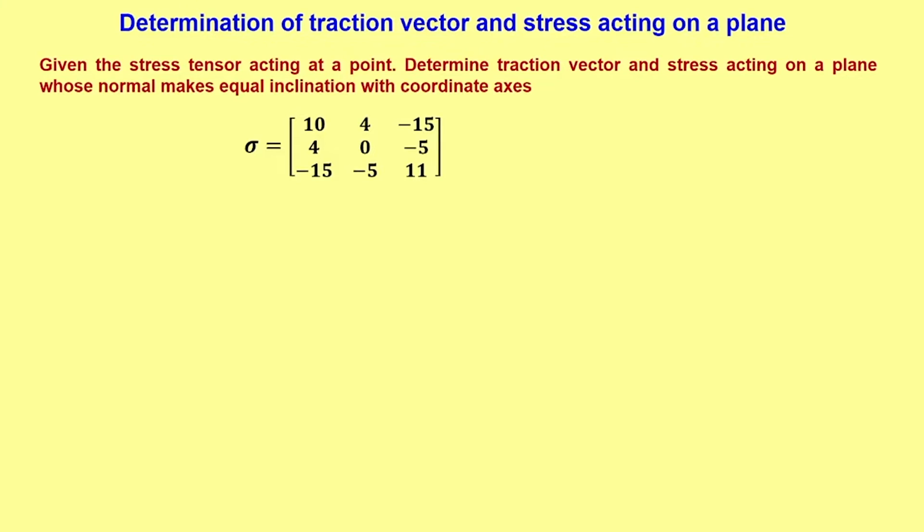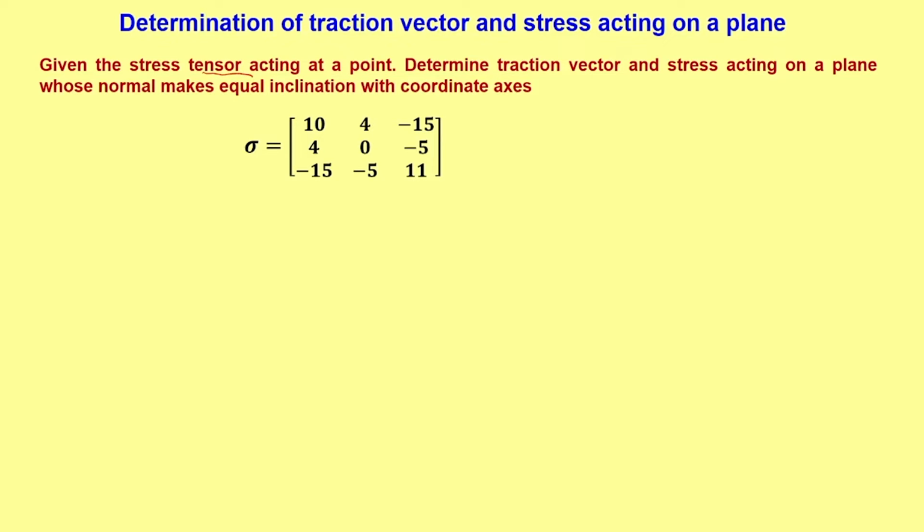In the last lecture, we discussed stress acting on a plane. We will see a simple example to demonstrate how to find the stress acting on a plane by knowing the stress tensor acting at a point. So, how do we do this? We will refer to one example problem. Given the stress tensor acting at a point,